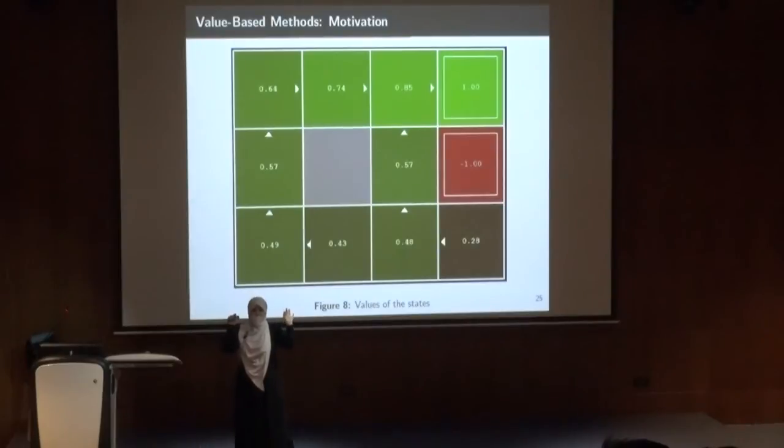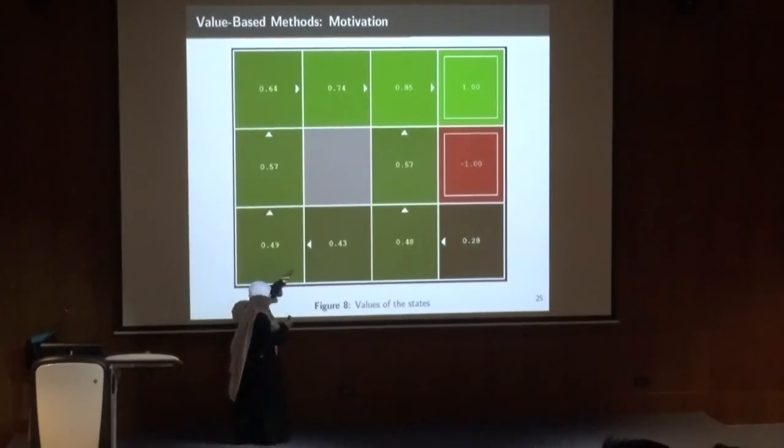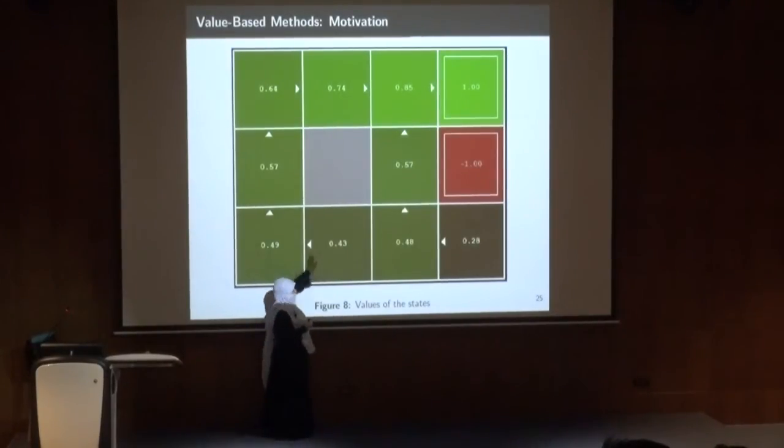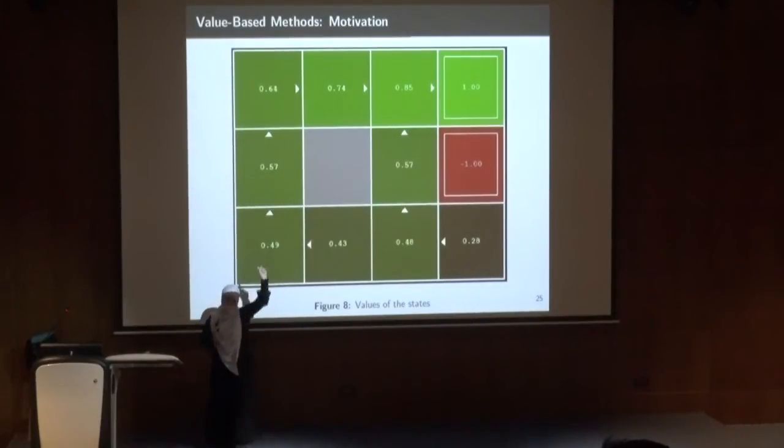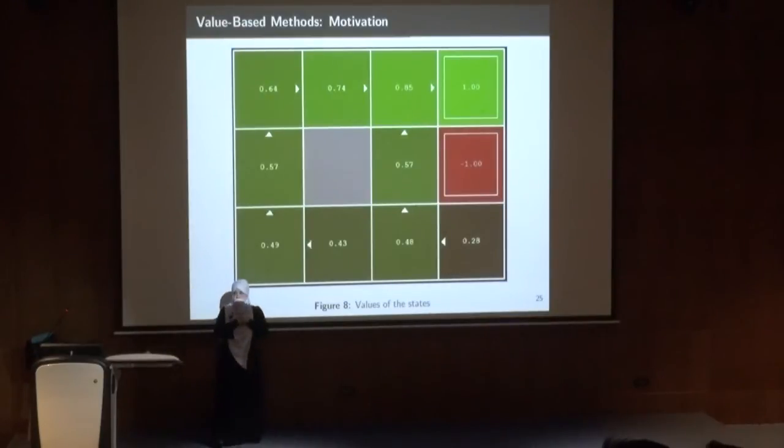I'm looking for a specific word. Not actions. Policy. So the arrow would tell me if you're in this state, then go here. This arrow would tell me if you're in this state, then go up. So this is a policy which is deterministic. In this case it's not stochastic. Or it could be stochastic, but we're just visualizing the arrows with highest probability.